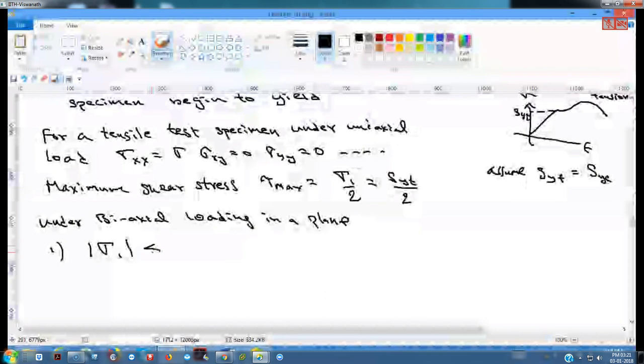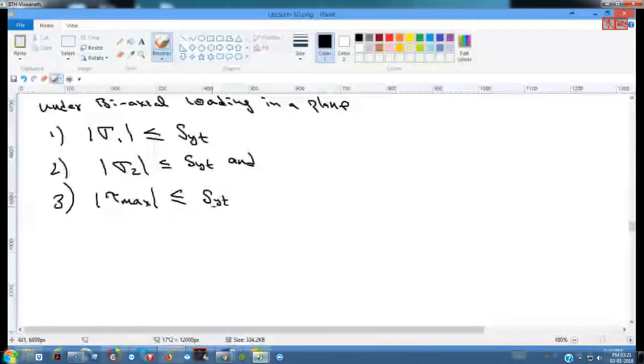So using this, one can say that tau max is nothing but, using the Mohr circle, sigma 1 minus sigma 2 is the diameter, by 2 is the radius. So we can say that sigma 1 minus sigma 2 criteria, this is the same, to be less than SYT. So using all this, 1, 2, 3,